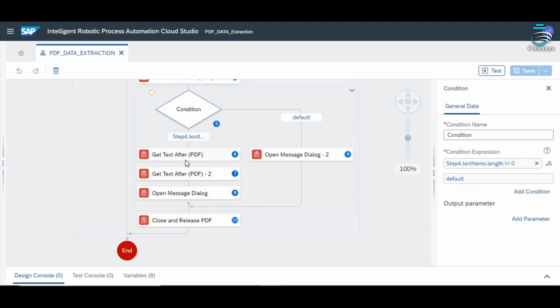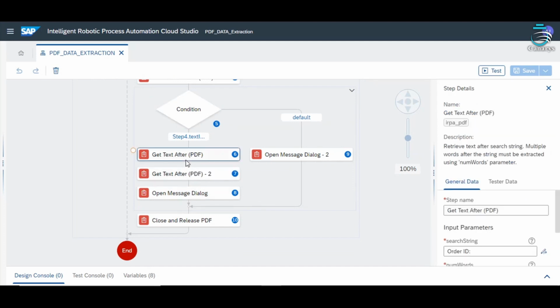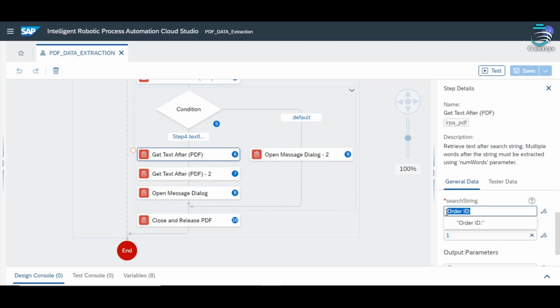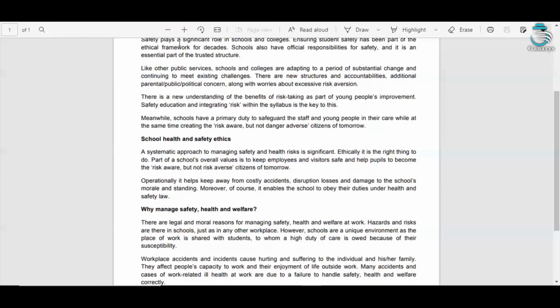So if it is invoice document, then I have given get text after. So in this get text after, it searches for the text in the PDF, and it gets the text using search string order ID. So let us see the order ID in the PDF.